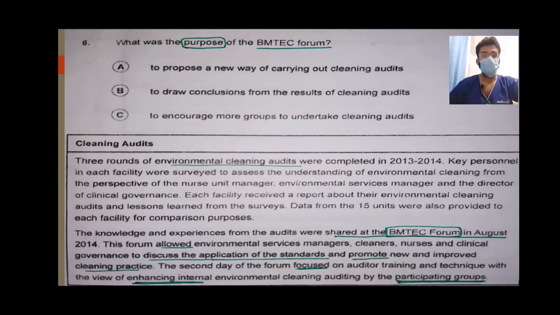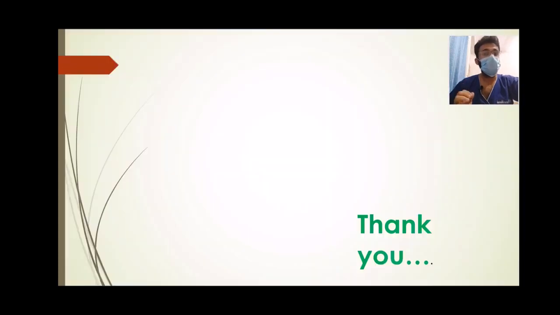Okay guys, so this was all about reading part B. I think this is an easy part as well, because you have 2 minutes to read the text or the paragraph of 150 to 200 words, and you can easily read it in 1 minute and 20 seconds, and you have 40 seconds to answer the question. So guys, keep practicing. Inshallah you will get good marks and you will clear your OET with minimum B